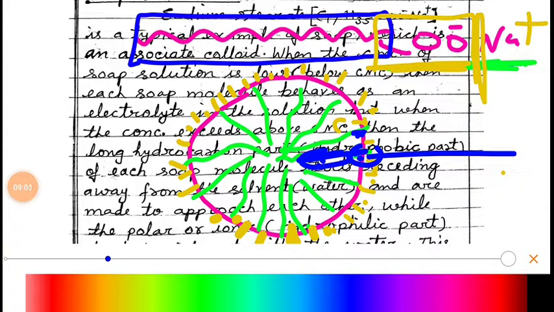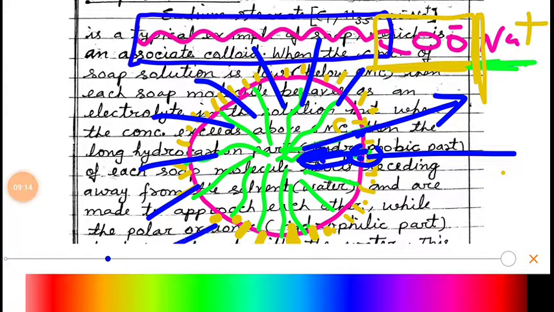So in the same way, with this soap molecule also the same thing happens. Water loving ends want to get washed away with the water, but the water hating part wants to remain with the oil or dirty spot. तो क्या होता है कि चारों तरफ से जो मिसेल है उस पर एक स्ट्रेन पड़ता है, and due to this strain the whole oily or dirty spot scatters, और एकदम से टूट जाता है, और टूटने के बाद छोटी छोटी ऑयल की ड्रॉपलेट्स बन जाती हैं, और ये ऑयल की ड्रॉपलेट्स अलग हो जाती हैं, सेपरेट हो जाती हैं, और इसके साथ जो डस्ट पार्टिकल होते हैं they are also scattered.